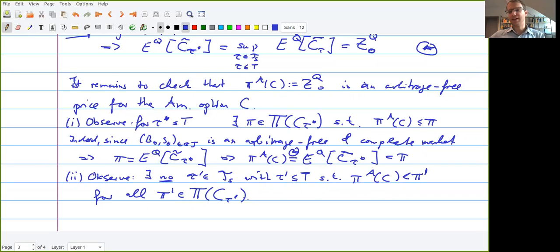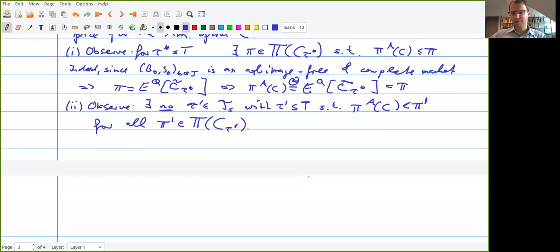Right? And again, this set here is nothing else than a single element. So I have here a complete market. Again, note, we have here a complete market. So P prime is nothing else than the expected value under Q of the discounted payoff stopped at time tau prime. And this means there indeed exists no stopping time